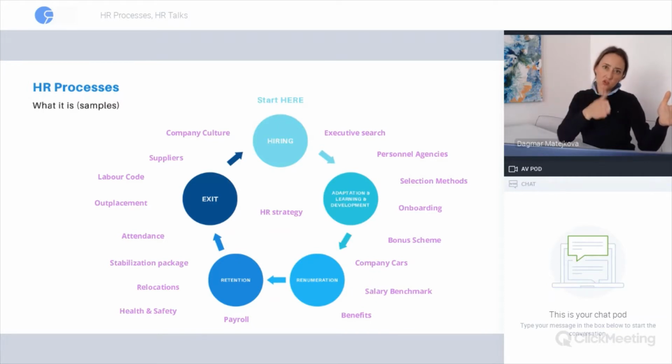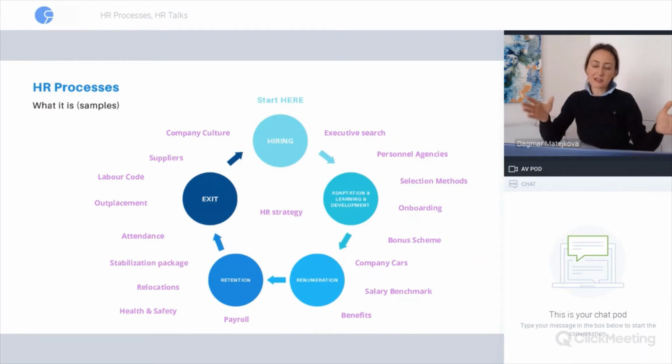You have to control the new employee. You have to help the new employee. You have to train the employee. And if you do it properly, it flows very nicely. There is a step-by-step approach, and the employee is understanding your culture, is aware of the internal policies, etc., and it really makes sense. And that's exactly a nice example of a process.